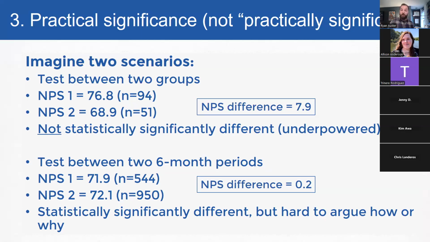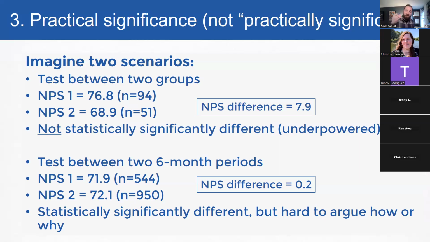The difference between the net promoter scores is almost 8, which feels to me like it's got to be big, right? Almost 8 points. But based on the small sample size and the net score, regardless of how you test it, it's not statistically significant in this example because the analysis itself is underpowered. I don't have enough data to actually demonstrate that these 2 numbers are different. It could simply be due to random error in the sampling.